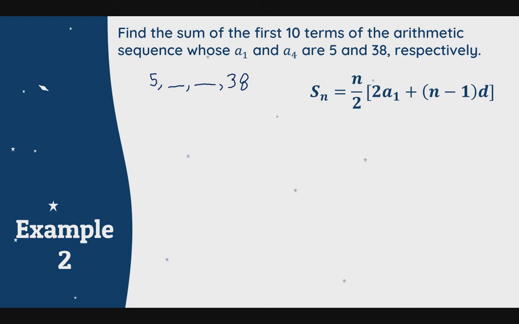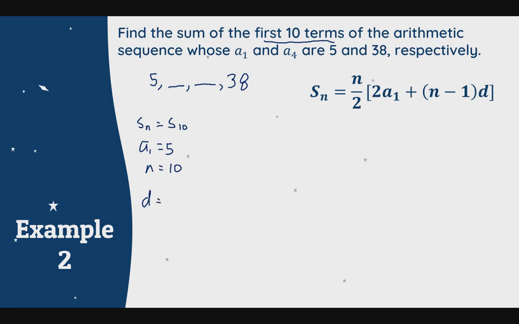So, we are looking for the first 10 terms. So, our S sub n should be equal to S sub 10. Very good. And our first term, or a sub 1, is equal to what? Very good, 5. Next, our n is basically equal to 10. And our common difference is